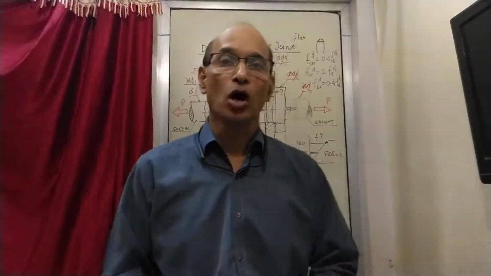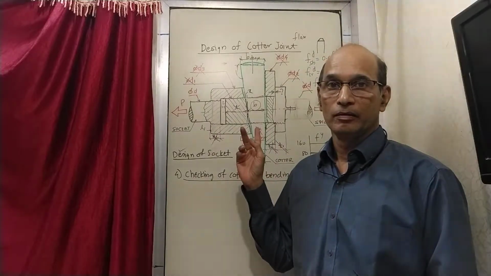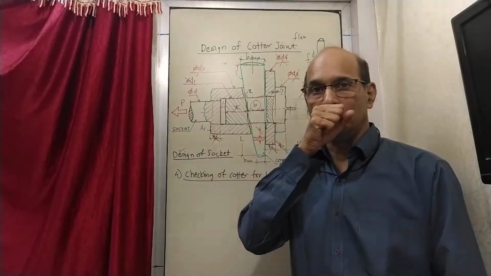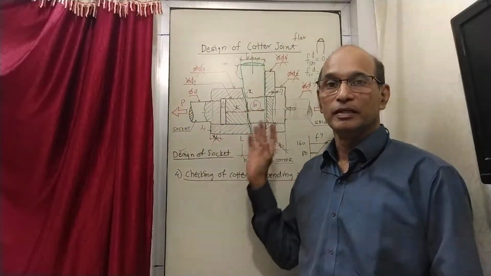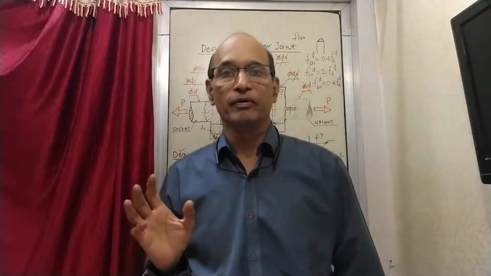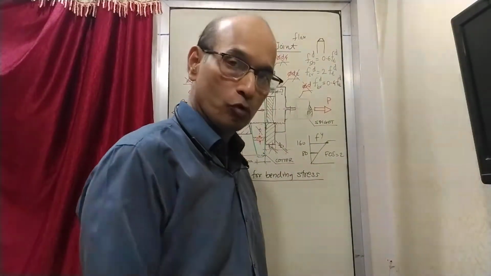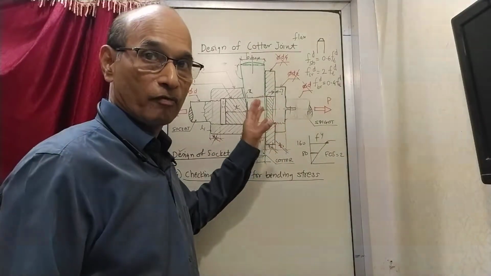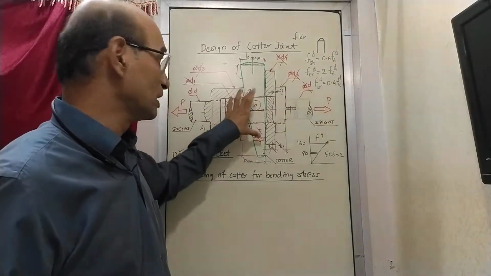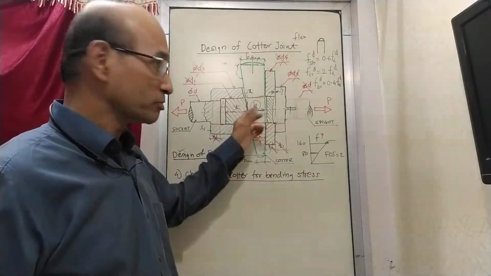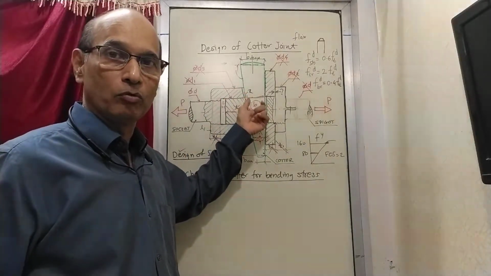Okay, so earlier we saw that cotter pin is something which is going to fail in bending. We have already designed it considering the shear failure, and now that we have got all the dimensions, it is time for us to check whether it will fail in bending stress or not. We have just now seen from where the bending stress comes and what happens. Because of this clearance, it has got a scope to bend. Some space is available to bend, so it might bend, and that is what we don't want to happen.